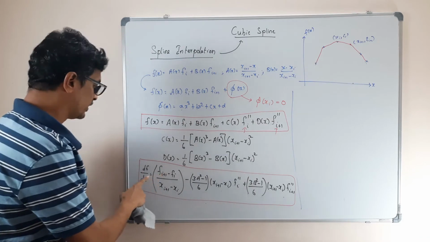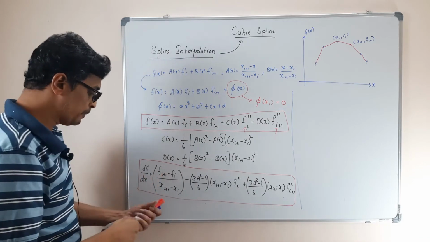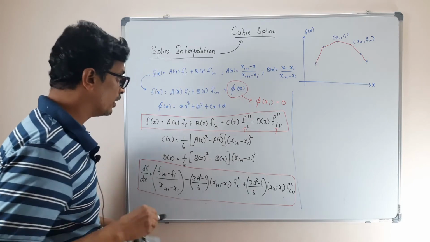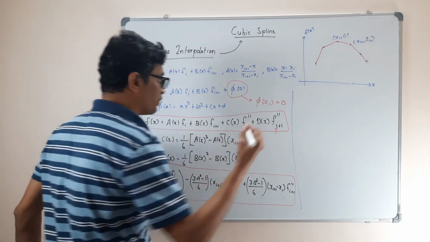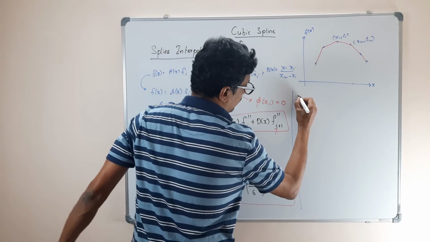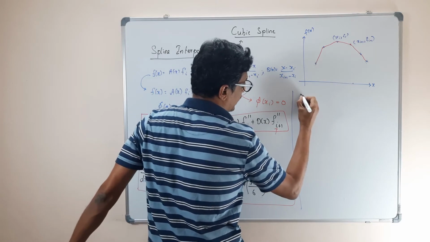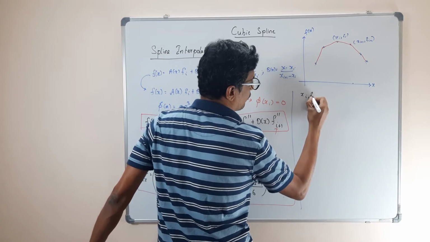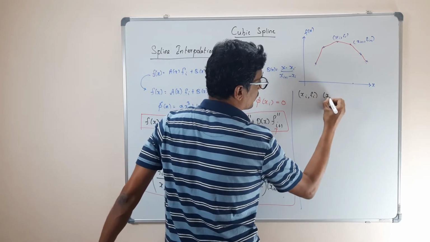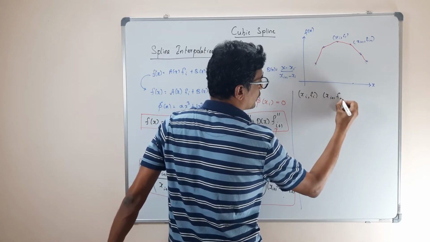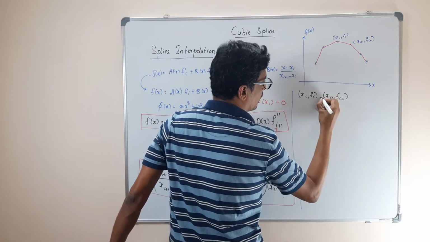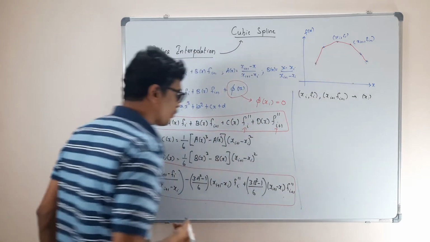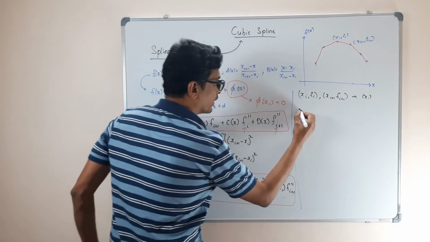So let us first use the points x of i, fi and x of i plus 1, f of i plus 1, and try to find out the derivative at xi. So then df by dx